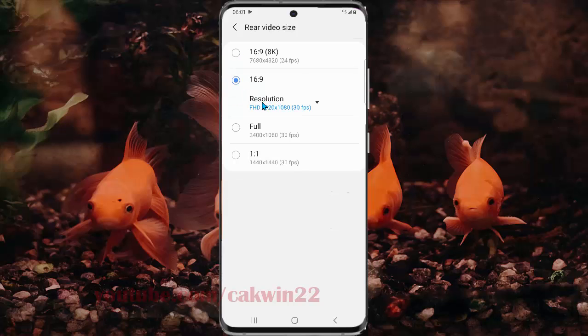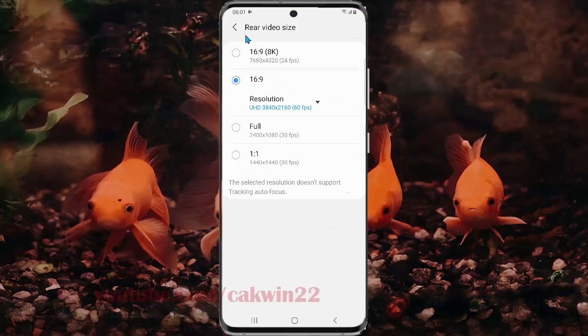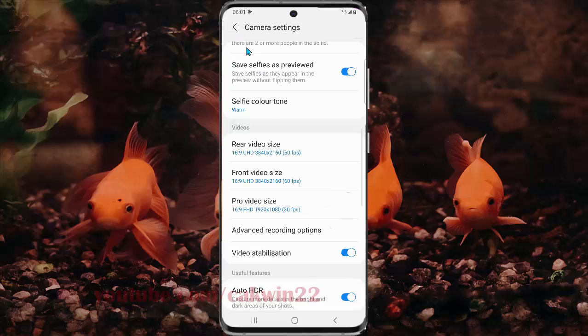And then tap resolution, select UHD 60 fps, and then tap back button. Now real video size set as UHD